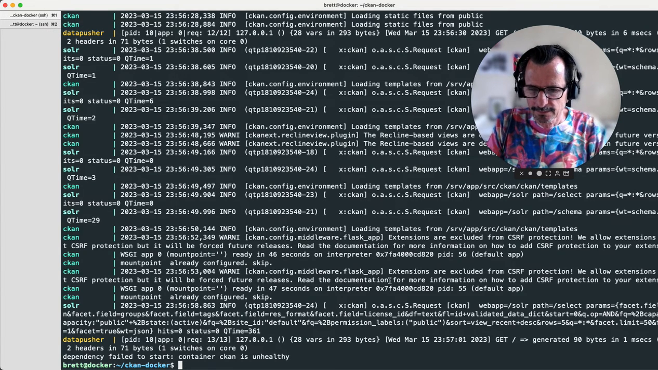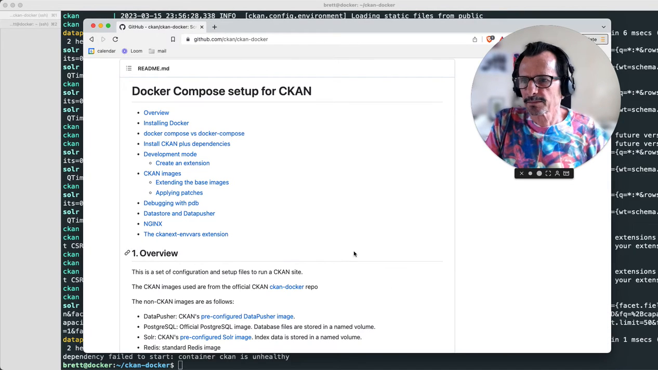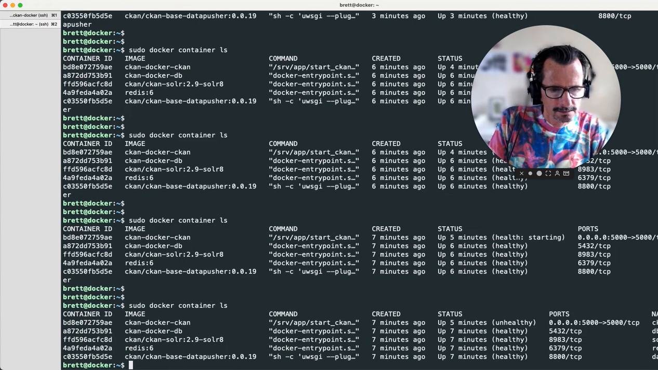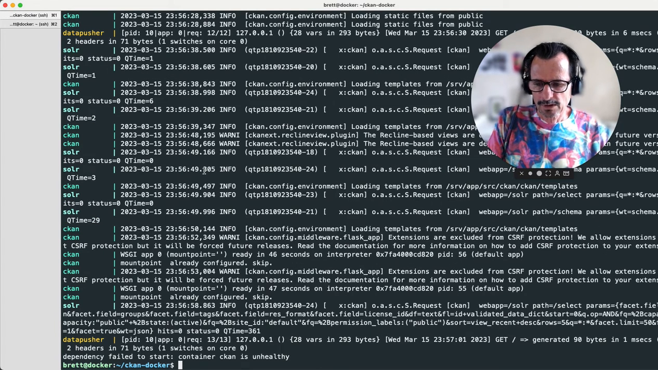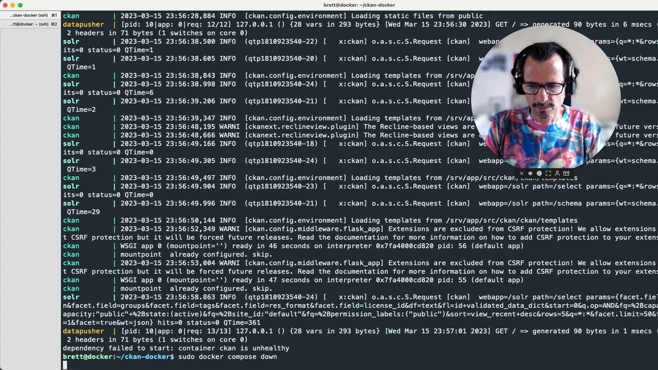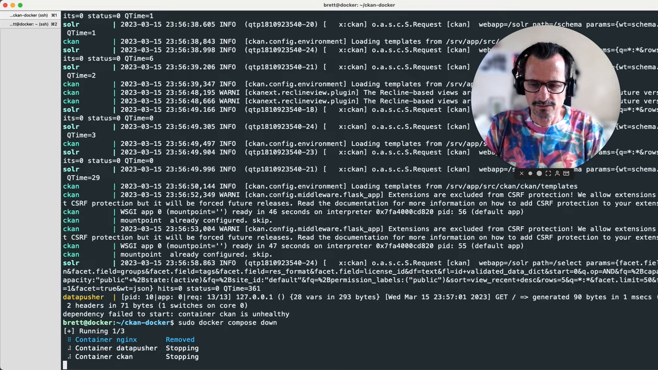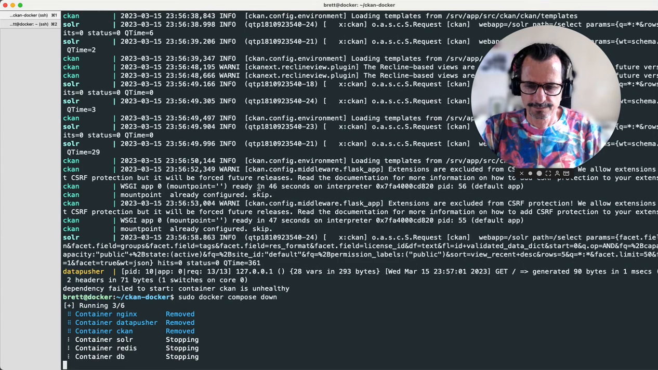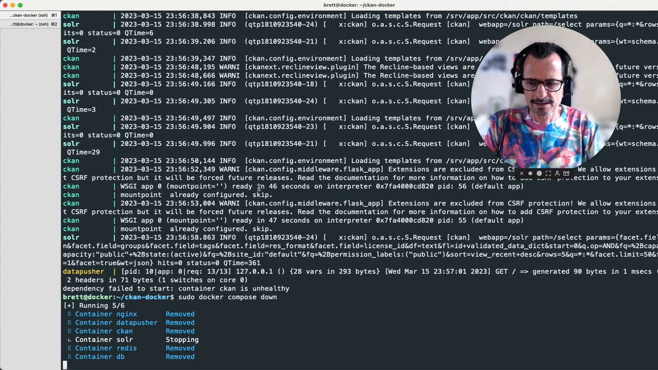Oh, okay. It says the container's unhealthy. I wonder what happened. When this happens, we normally take all of the containers down and then redo them. Not sure. It could be something to do with the resources on the virtual machine. So what I'll do now is stop all these containers and start them back up, which will be a lot faster